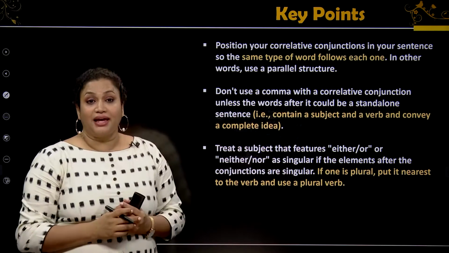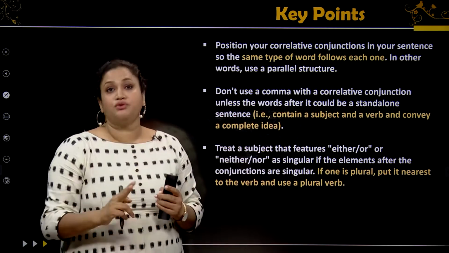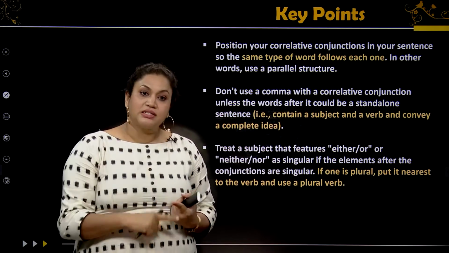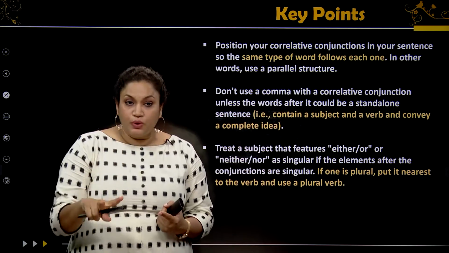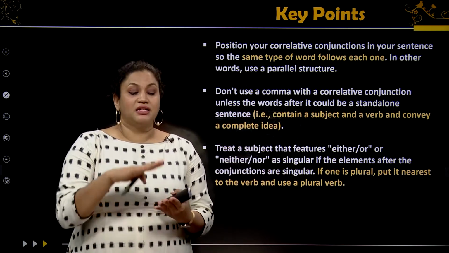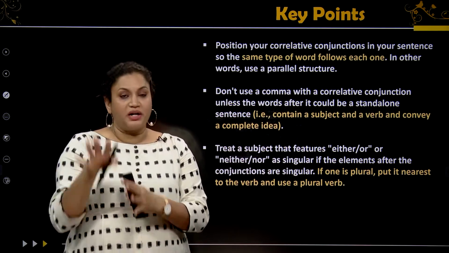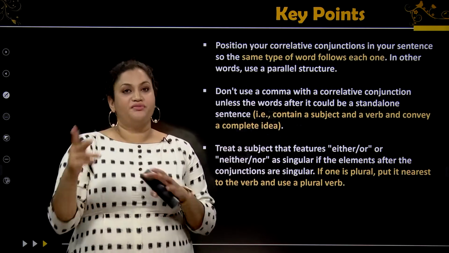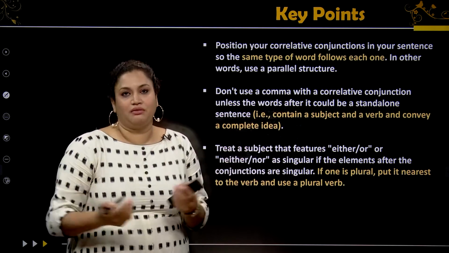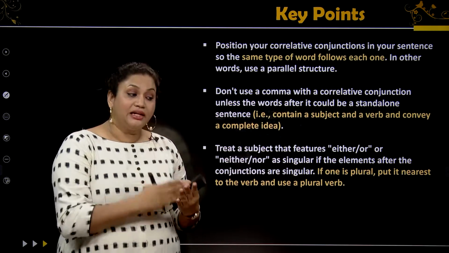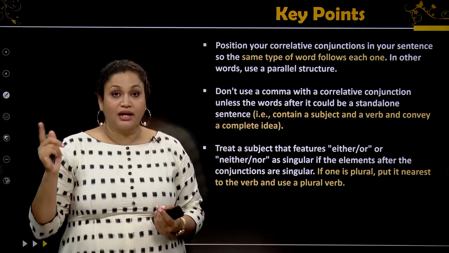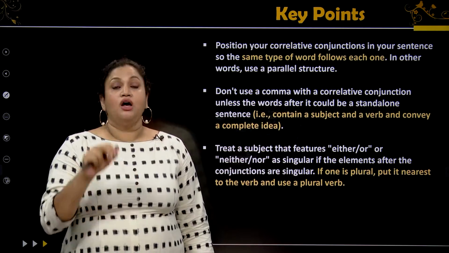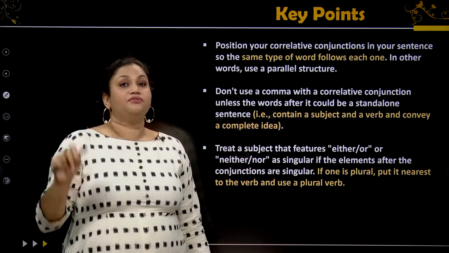What I want to tell you is that if you have two subjects and they are both singular, then it does not matter. But if you have one subject that is singular and the second subject that is plural, make sure that the word closest to the verb determines whether the verb is singular or plural. For example, let's say, neither Geeta nor her friends came home. That's a very neat sentence. But if I want to say neither Geeta nor her friends is coming, I cannot use "is" there because Geeta is singular and her friends are plural. Right? So in that case, I have to use "are."